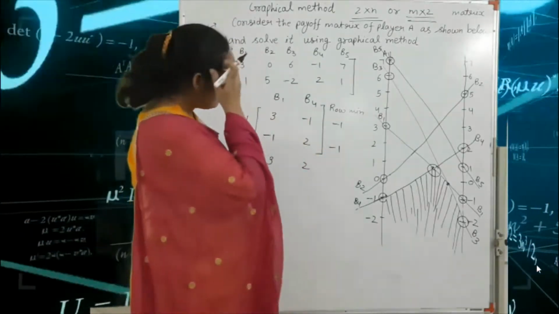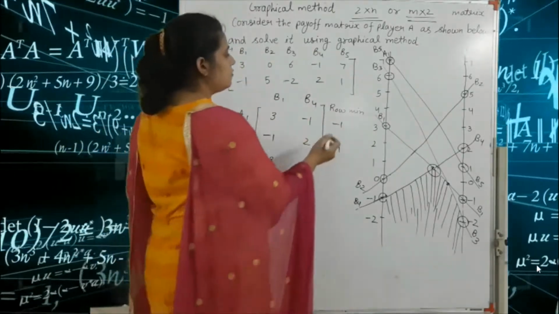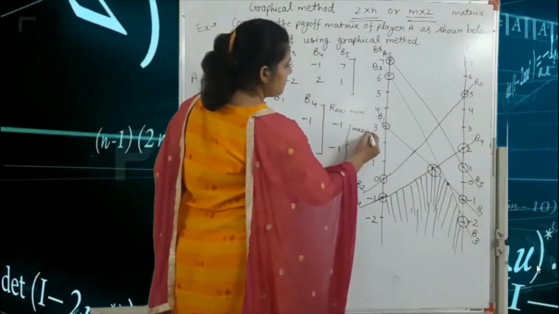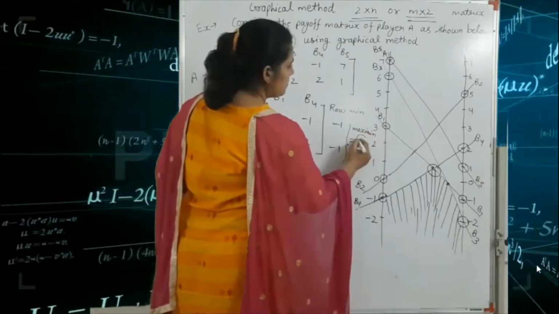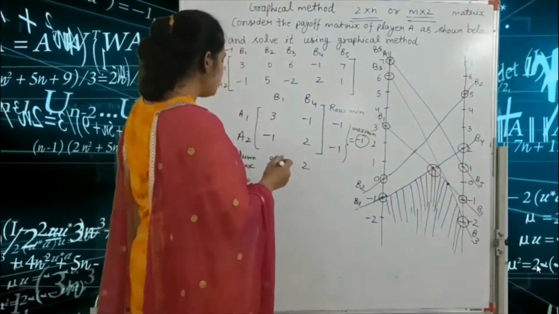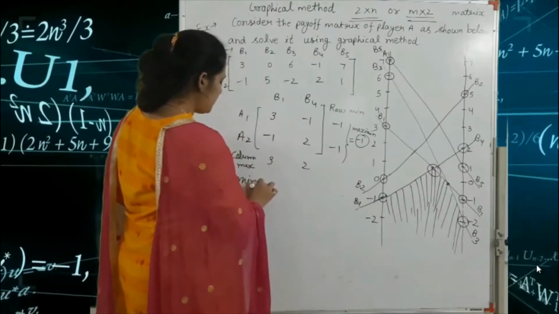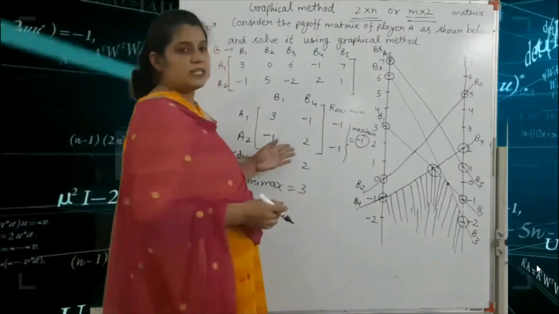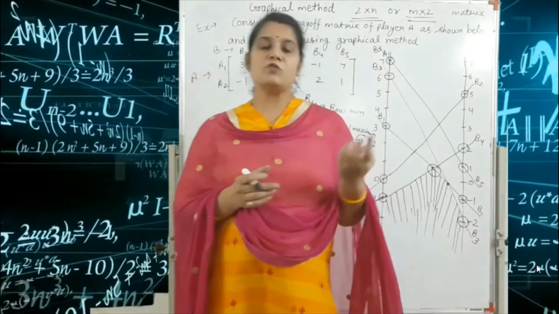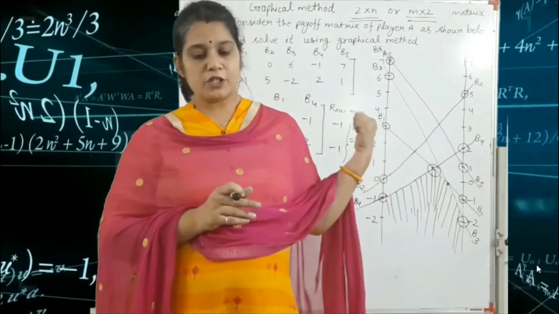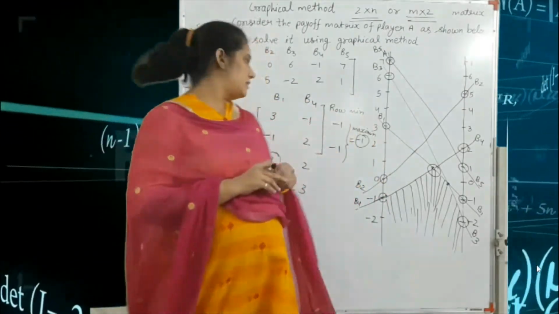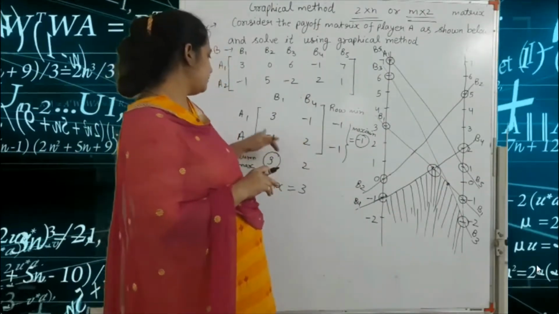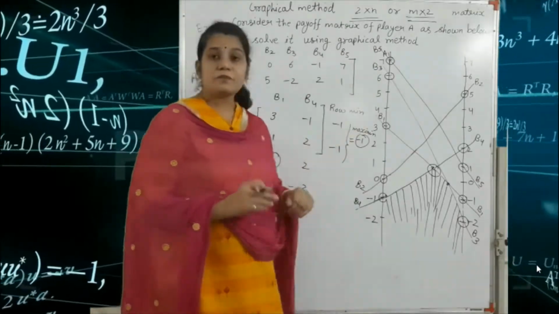Got it? So here the maximin value. First we find the maximin value. So maximin value is equal to minus 1. Okay, and the minimax value, because in the column maximum we find the minimax value. So minimax value is 3. So these both values are not equal. That means there is no saddle point according to our question. Okay, so we use the oddments method. That means here we find the probability.